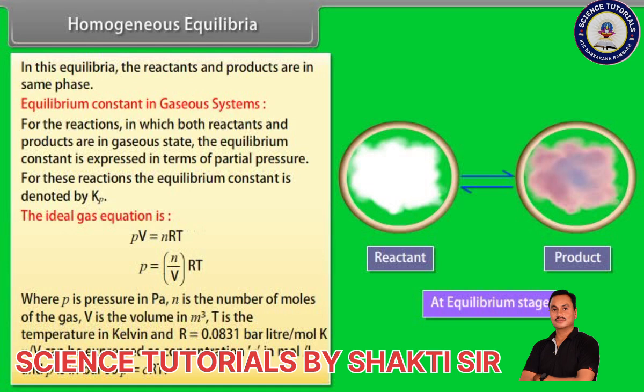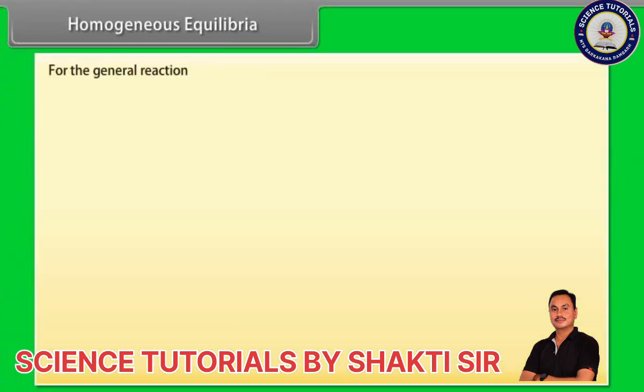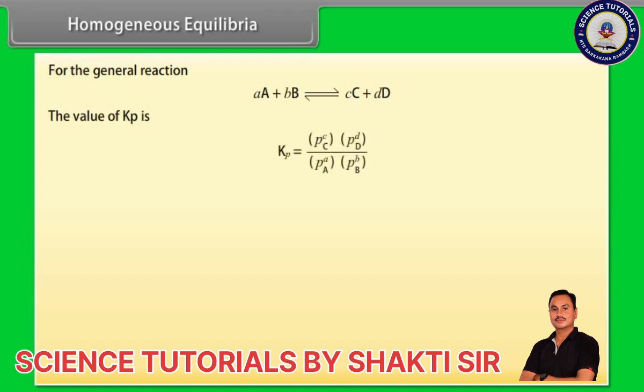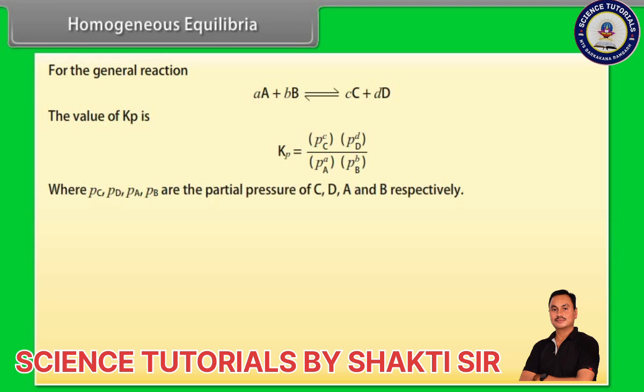N by V can be expressed as concentration C in mole per liter, and P is in bar. So, P is equal to CRT. For the general reaction, the value of Kp is given in terms of Pc, Pd, Pa, Pb, the partial pressures of C, D, A and B respectively, and it can be solved to